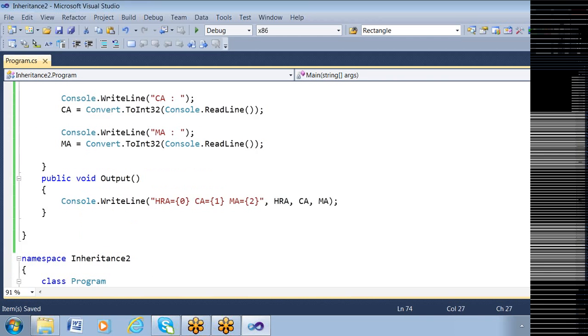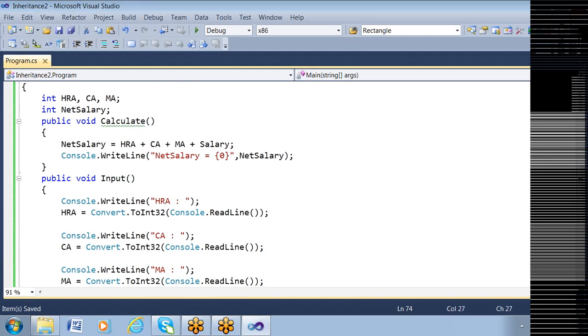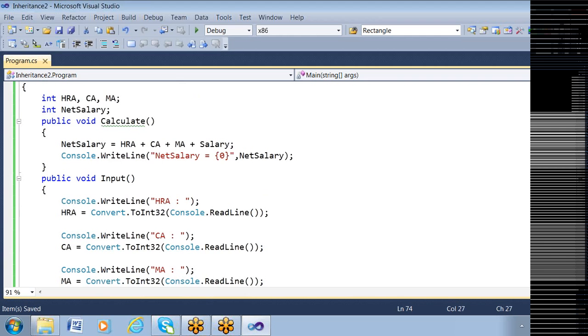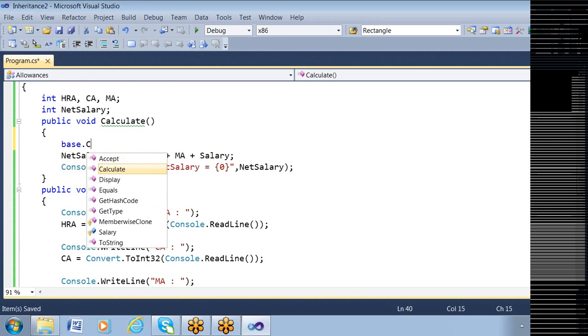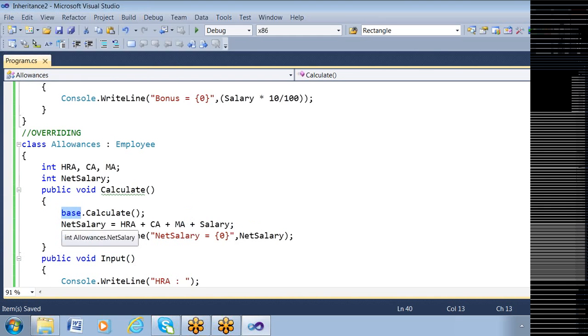If you remember last time, we were calling the base class default constructor from the child class default constructor. In the same way, in the calculate function of the child class, you should say base.calculate. This is pretty much like super in Java. So when I say base.calculate, then it actually calls the base class calculate function. Now if I run the code,